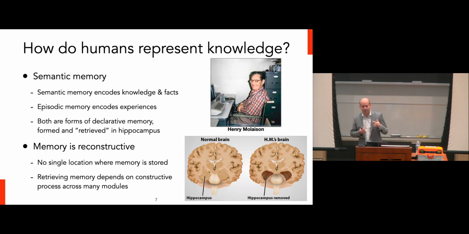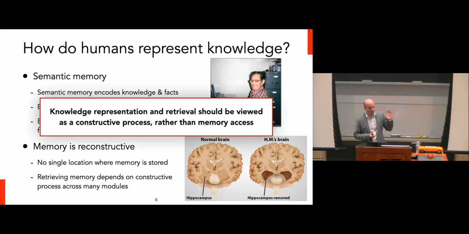Now, what we do know is which areas of the brain are involved in this process. So, for example, there's this famous example of Henry Molaison, of whom there's a picture right here, who a long time ago had portions of his temporal lobe removed. He had this unfortunate quality where he had epileptic seizures a lot. And so when he removed part of his temporal lobe, this included his hippocampus, which stopped the epileptic seizures that he was having. But as a result, he also completely lost the ability to reconstruct memories for things that he had learned up to 1 to 2 years before he actually had this part of his brain removed. And he also became incapable of forming new memories after that fact.